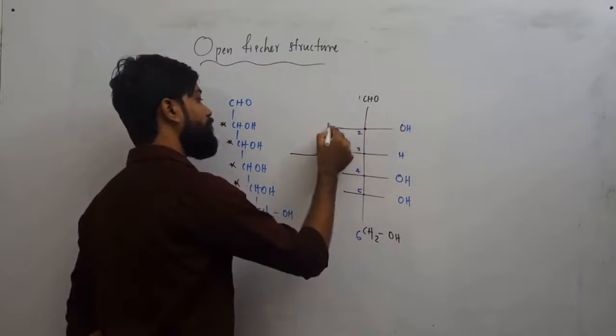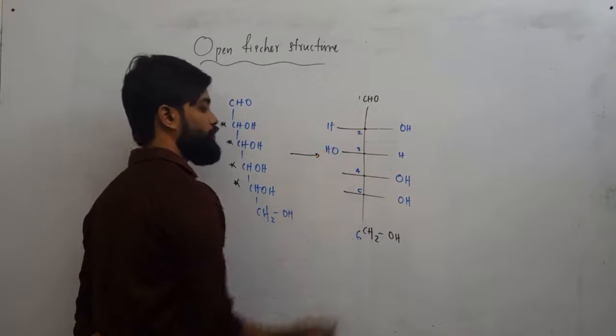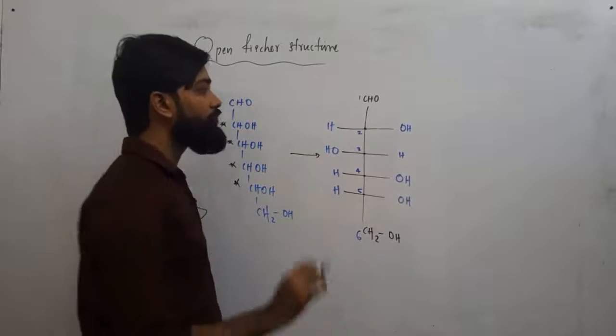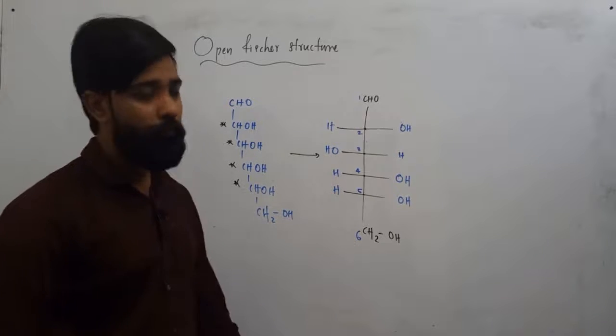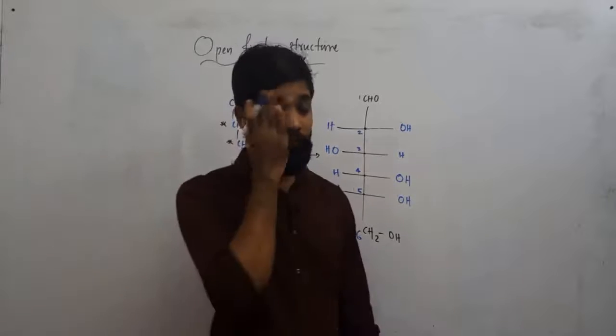If OH is on the right, then the left will be H, right? If H is on the right, the left will be OH. OH on the right, left will be H. OH on the right, left will be H. This is the open Fischer structure of glucose. Okay. So we have more than one chiral carbon here. So in Fischer projection,